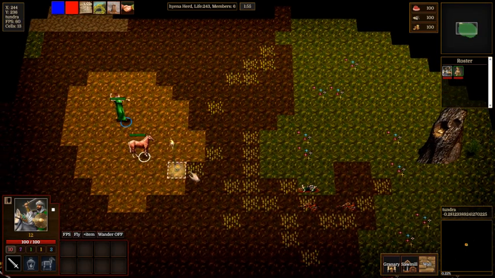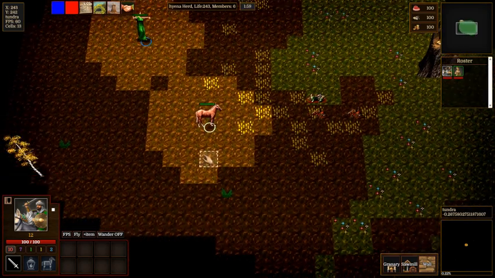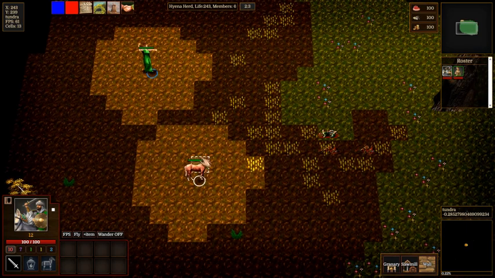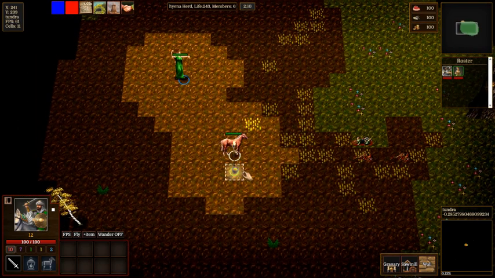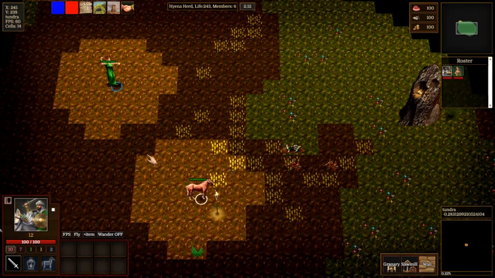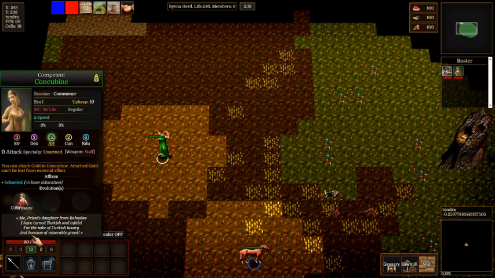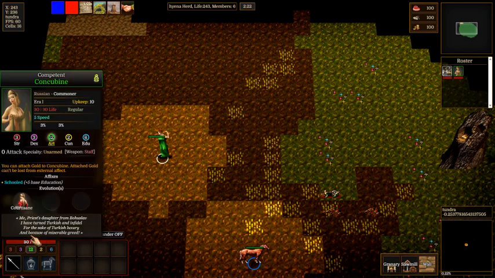Don't care about the sprites and everything. This is all just placeholders coming from other games. One of these games is Daggerfall, for the trees especially, and many other games. Okay, so here we control the concubine, which is one of the 300 adventurers, and you can see that mainly adventurers are